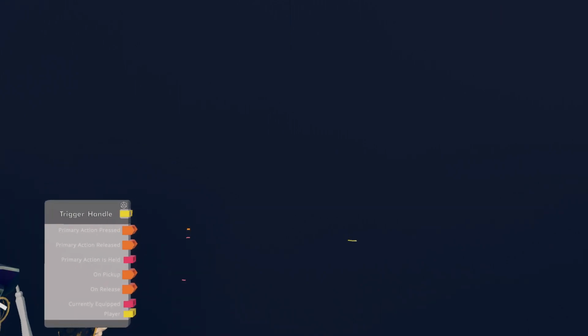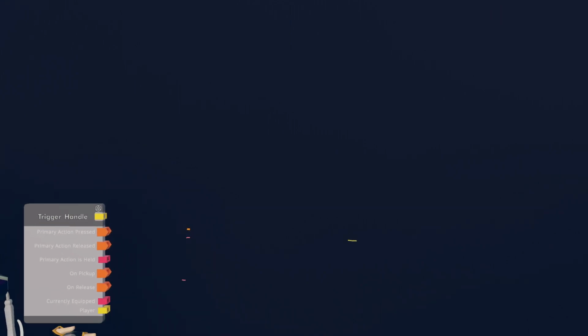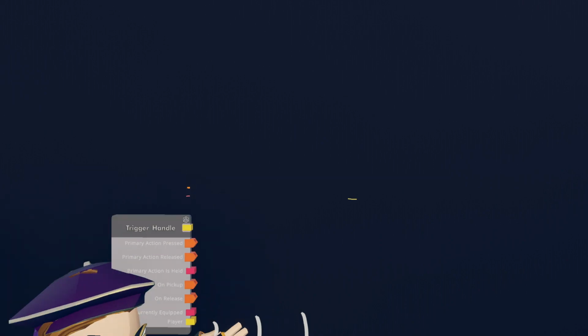Something up with the instance? Weird. That's not supposed to happen. Cool though. What's happening? The gun's not falling. Oh, yeah, that's weird. Okay, new plan.